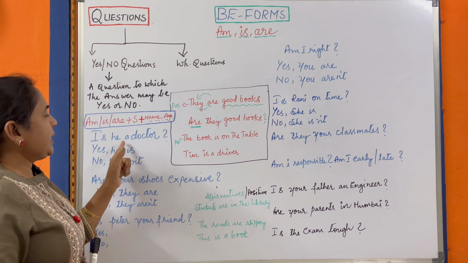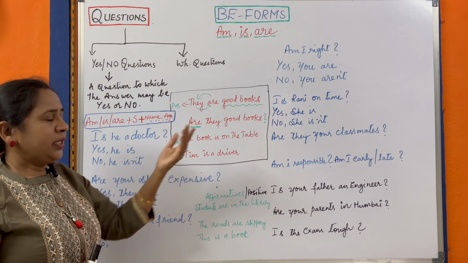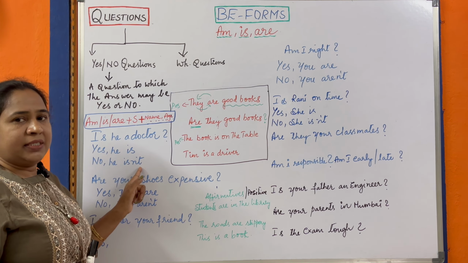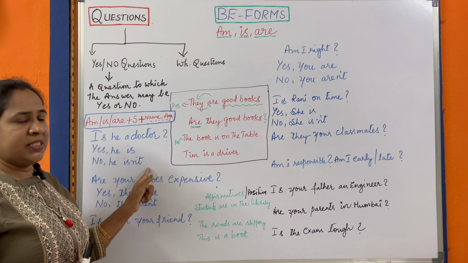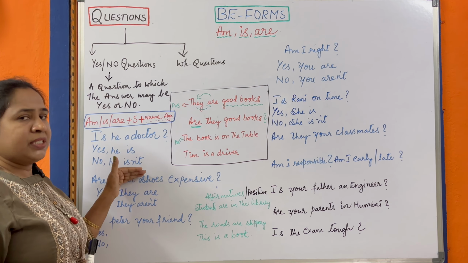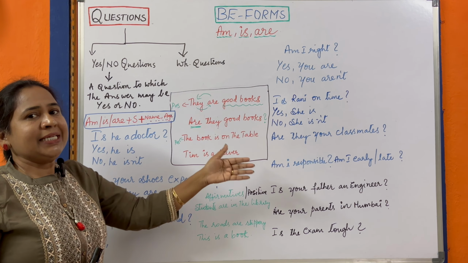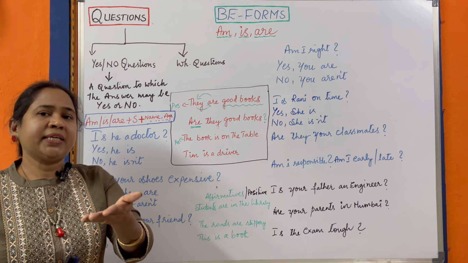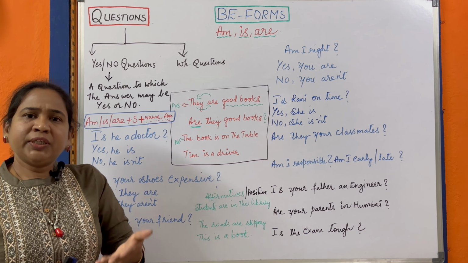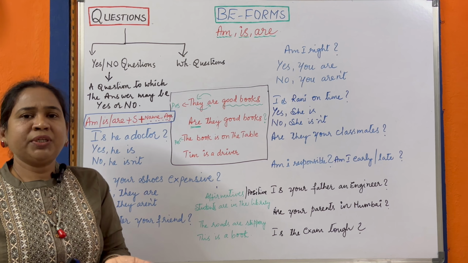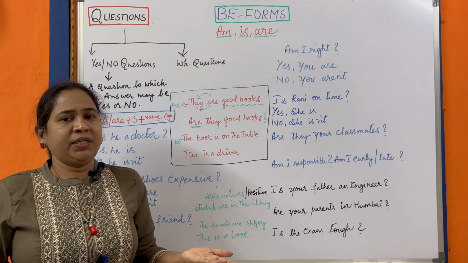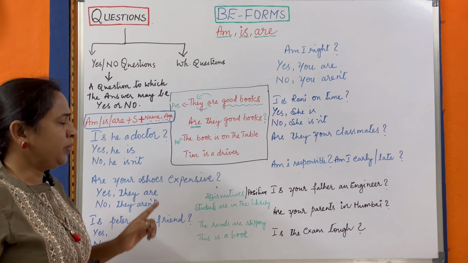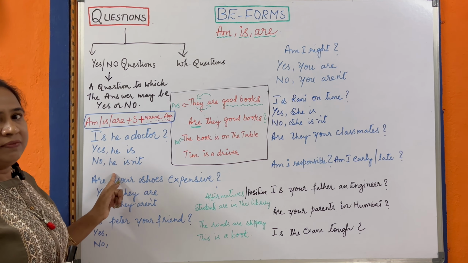Okay. Is he a doctor? Is he a doctor? Next your answer would be yes, he is. No, he isn't. Now here you have the two types of answers, that is yes or no. Now these answers totally depend upon the fact whether he is a doctor or not. For example, if I ask you, are you a student? Right? Are you a student here? So it depends upon the fact. If you are really a student, you are going to say, yes, madam, I am a student here. If not, you are going to say, I am not a student here. Got it?